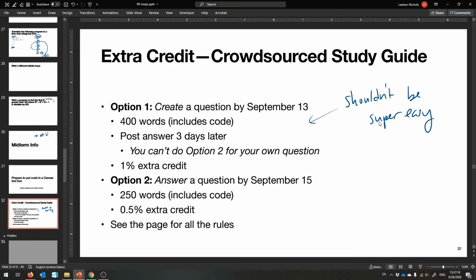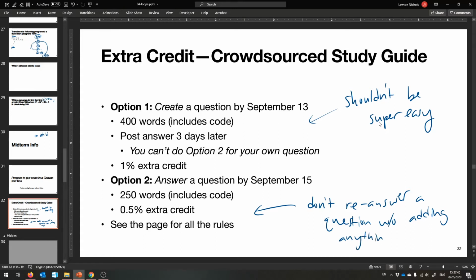And then also, if you're answering a question and somebody else has already answered that question, you better add to that discussion, okay? Don't re-answer a question without adding anything. All right, you must add to the discussion. Let me say that instead. And I talk about in the write-up how you might go and do that if somebody's already answered the question and you want points. Okay, so that is your extra credit option,